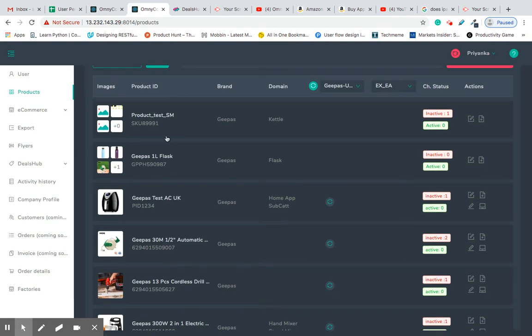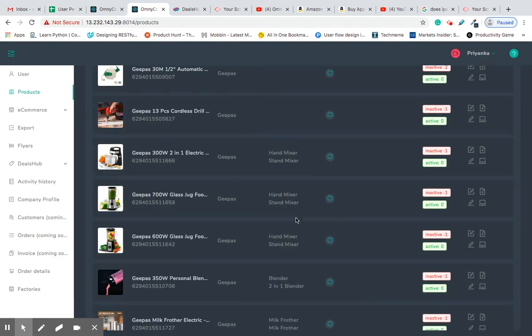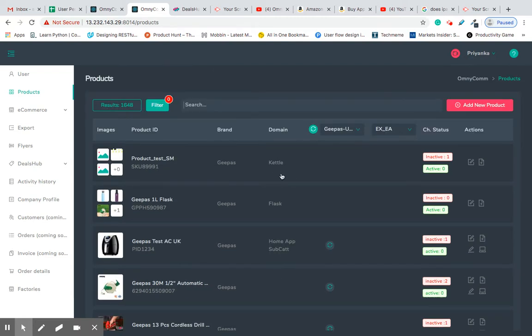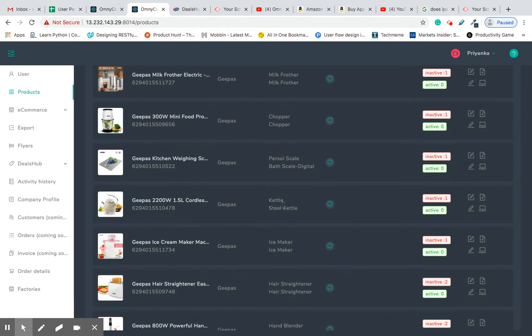Then we have product ID, so the name of the product and its identification, the brand it belongs to. Domain is nothing but the category or subcategory. So we have hand mixer and stand mixer. Please ignore this dummy data that we have created. This is part of the test link, but if you scroll down, you can actually see what category and subcategory